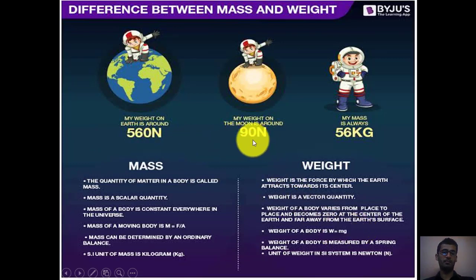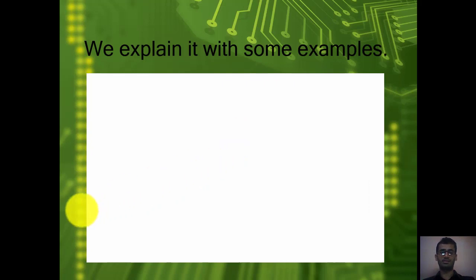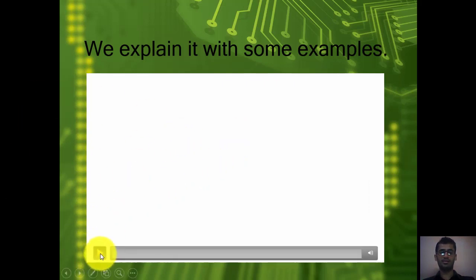The gravitational acceleration at the surface of the moon is very small compared to the gravitational acceleration at the surface of the earth. So, putting the value of gravitational acceleration at the surface of the moon and multiplying by mass, that is 56 kg, the weight of the boy comes out to be 90 Newton. We can understand the difference between mass and weight with the help of some other examples. Here we can see that